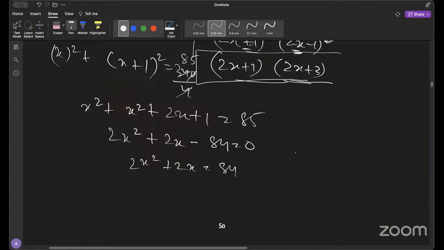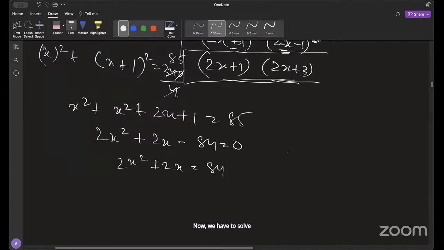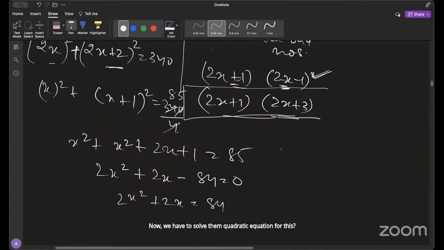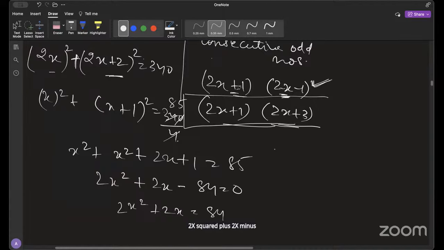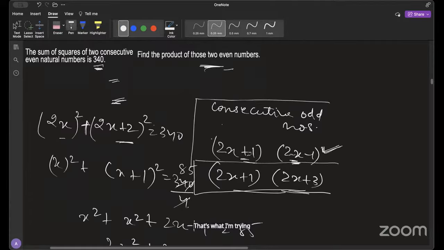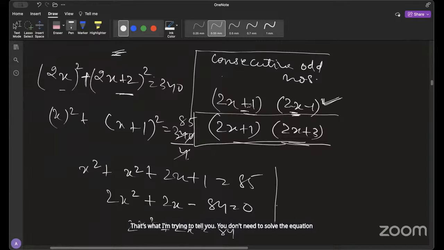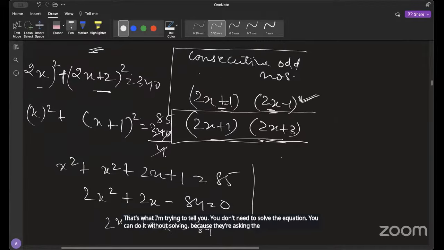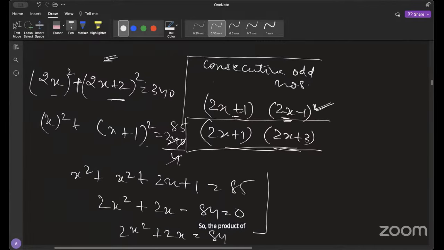So now, ma'am, we have to solve the quadratic equation for this. 2x square plus 2x minus 84. We have to solve this by quadratic formula, right? No, you don't have any way to solve it. That's what I'm trying to tell. You don't need to solve the equation. You can do it without solving because they're asking the product of roots. So the product of roots should be,